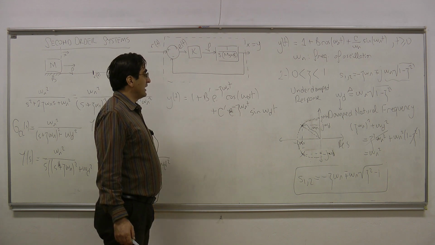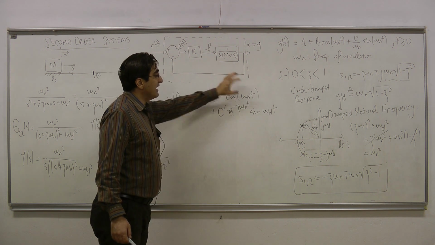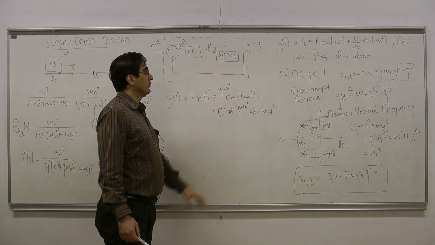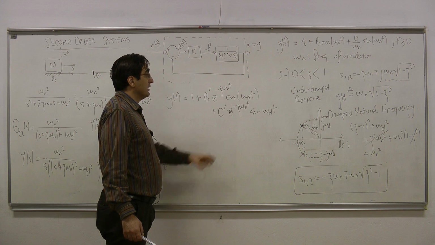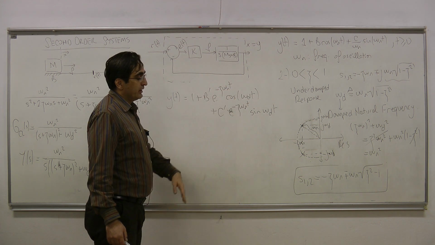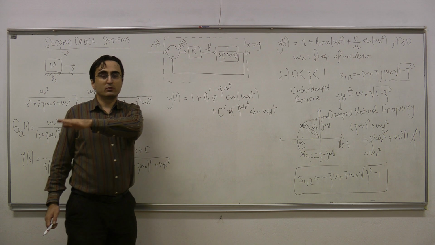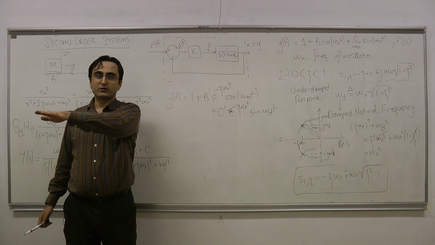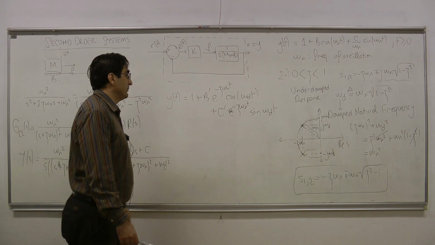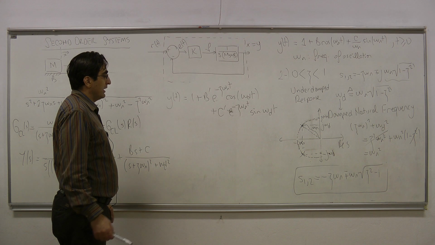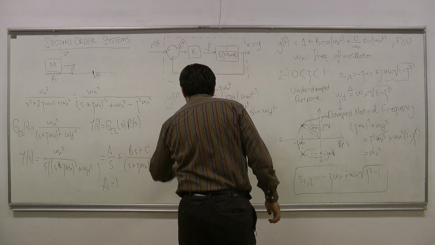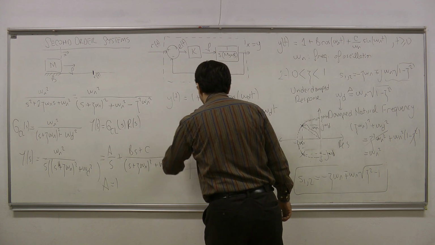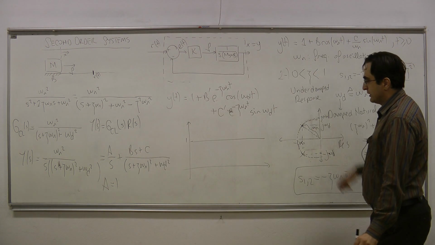And what would they do? They would actually damp these sines and cosines. They would damp the amplitude of these sines and cosines. That means that these oscillations would be decreasing in amplitude. Okay? They would start from a large oscillation, and the oscillation would decrease in amplitude as time goes by. Okay? So if I try to draw the response in this case, and this is my reference, 1 here,